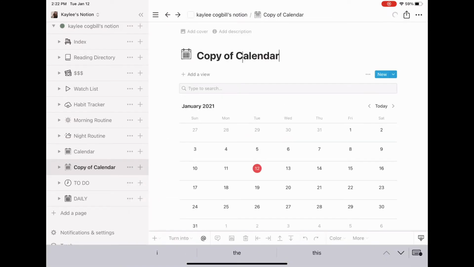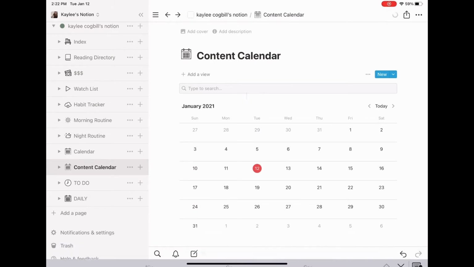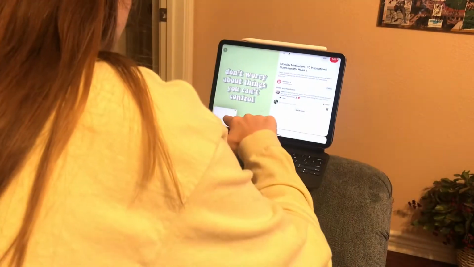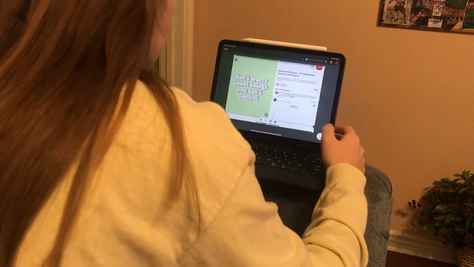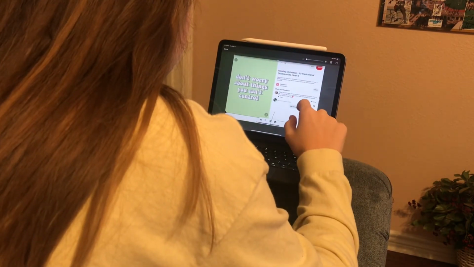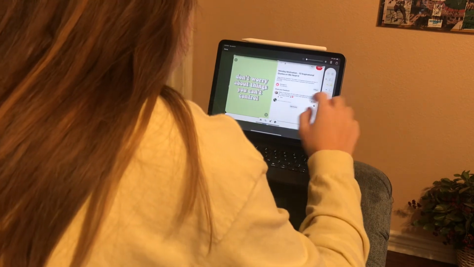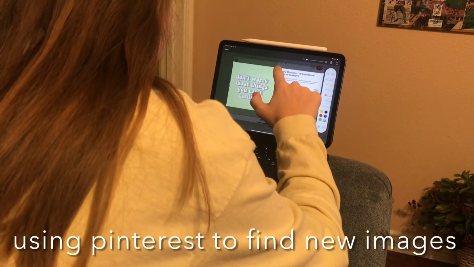I made a copy of the calendar, that way I can organize the content that I want to produce, like YouTube videos and stuff, and keep that separate from my actual calendar and things that I have to do. So now I'm just downloading different pictures from Pinterest and stuff